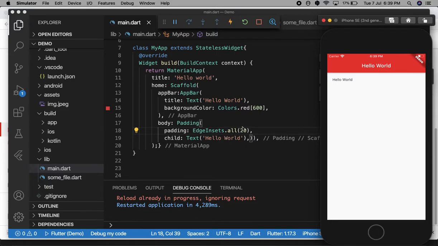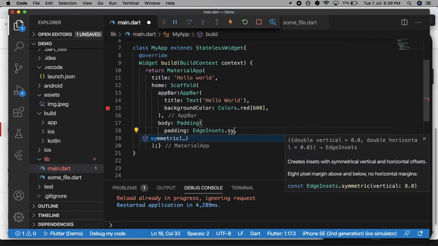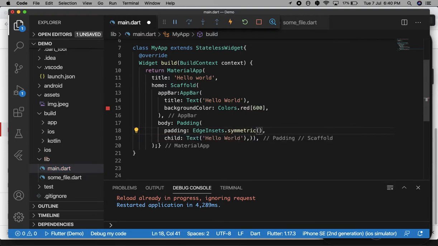So by use of this padding property we can put a space inside the widgets. Here we have different options for EdgeInsets. If you want to put spacing symmetrically, meaning some spacing horizontally or some spacing vertically, then you can use the symmetric method.